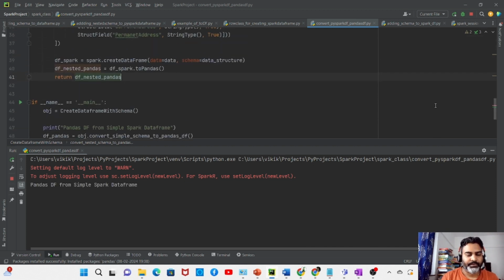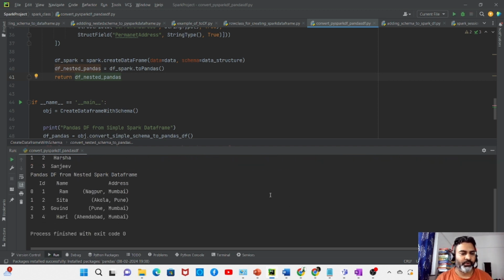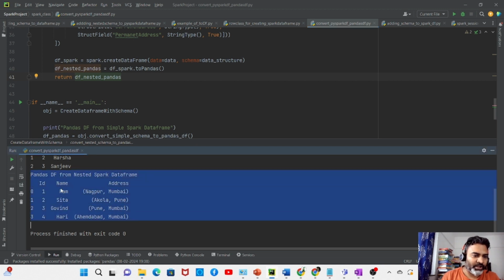Yep, I think it should work fine. Let's see. Yep. Look, so now we have this pandas data frame. As I was saying, to identify whether the returned data frame is a pandas data frame or not, you just need to see whether you are getting the indexing for each row in your output. So here we can see we are getting the indexing for each row, and also we can see that ID,